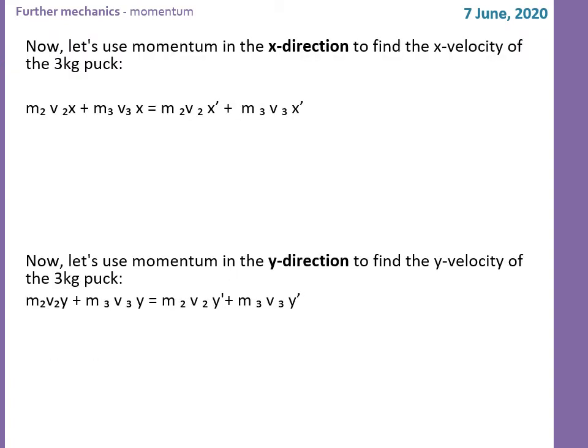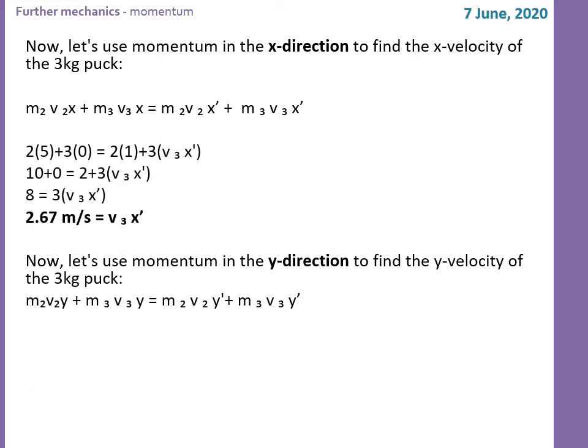Okay, now let's use the momentum in the x direction. Again, I said you can start from the equation and identify m1, m2. Why have I taken m2 and m3? Because of their masses. So m2, v2 is the mass and velocity of the puck. m3, v3 is the mass and velocity of the puck having mass 3 kg. Now you can see